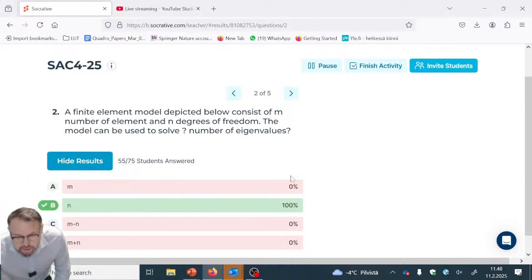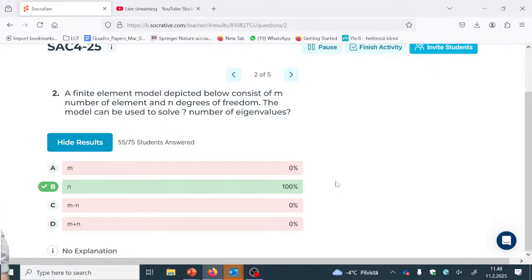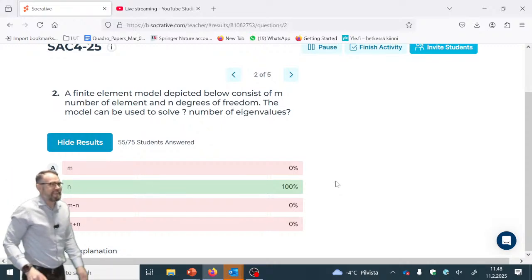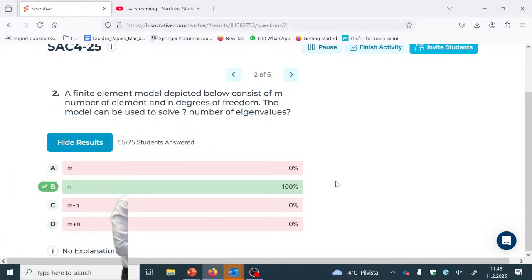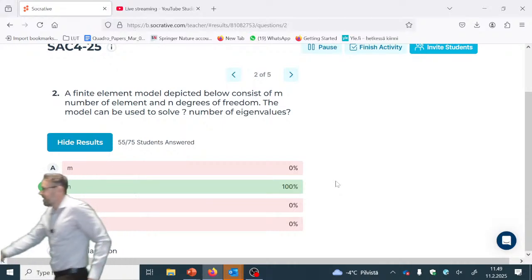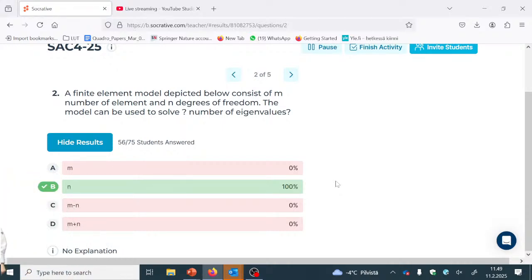Hold on, I need to scroll this up a little bit. It's locked. Here's a camera. Very nice, 100%. If I were on social media, I would definitely post this. Problem is that I'm not.